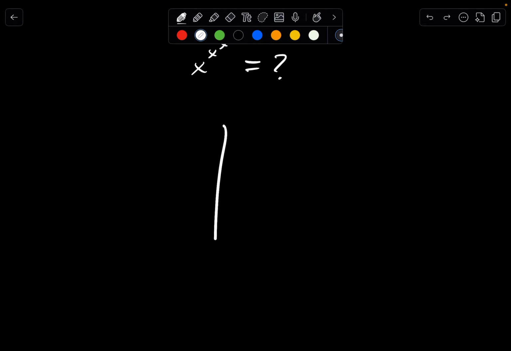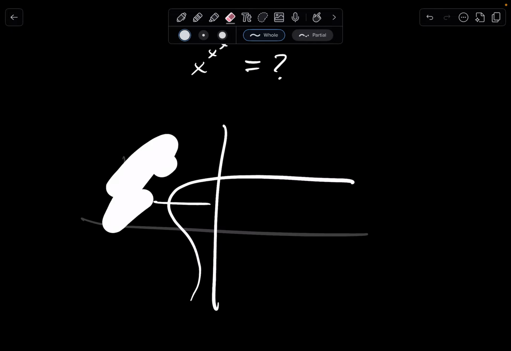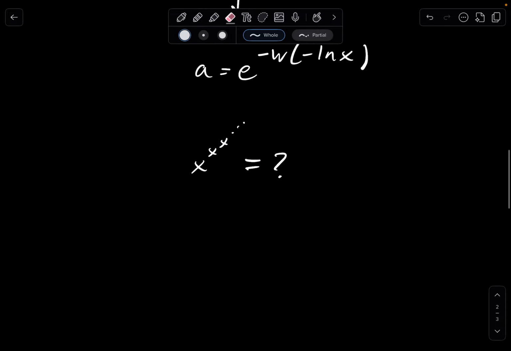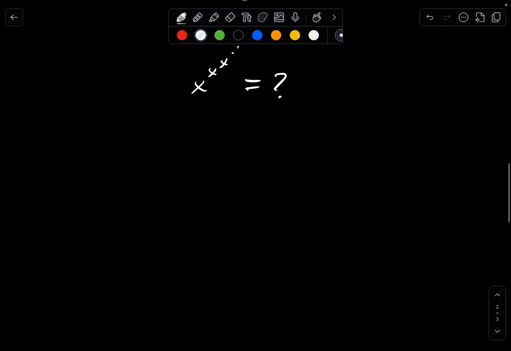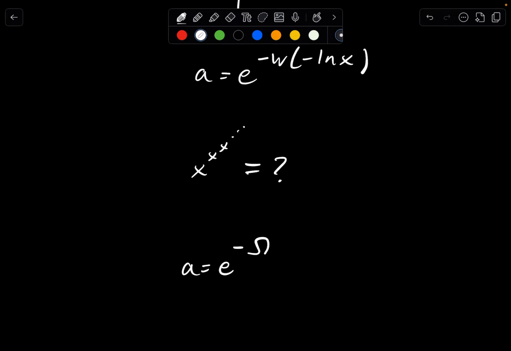But essentially, the Lambert W looks something like this, and it's not directly a function. This is including all branches of the Lambert W function. It intersects multiple times if you do the vertical line test, meaning it's not a function. But that's why we define multiple branches like this, or W1, W0, all of that. And it's also called the omega function if you've heard of it. In my opinion, the omega looks cooler, so if you want, you can just write it like e to the negative omega. Look how cool that looks. And then negative natural log of